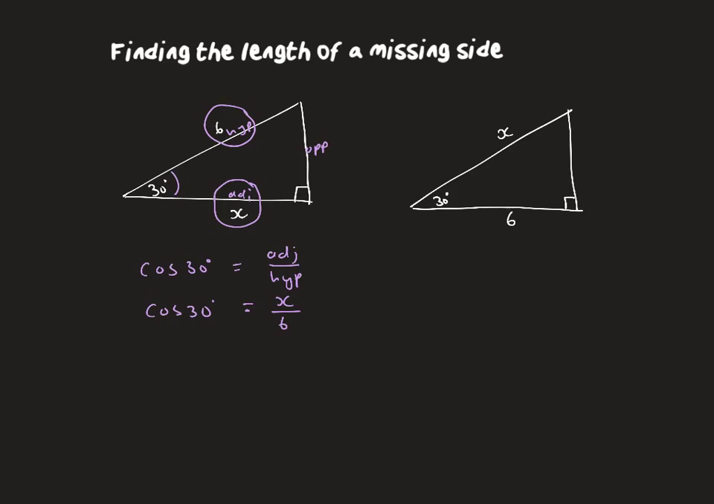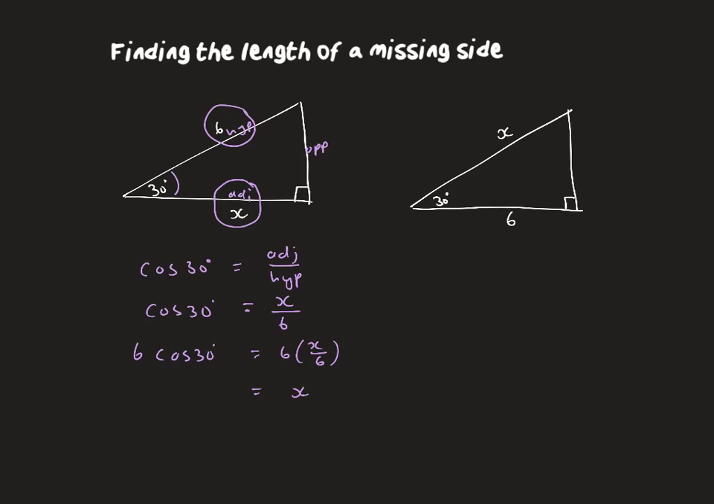I'm looking for the missing side. So how do I get x alone there? x divided by 6 is equal to cos of 30. We can just multiply 6 on both sides, right? Multiply 6 on both sides, and what happens then? We've got